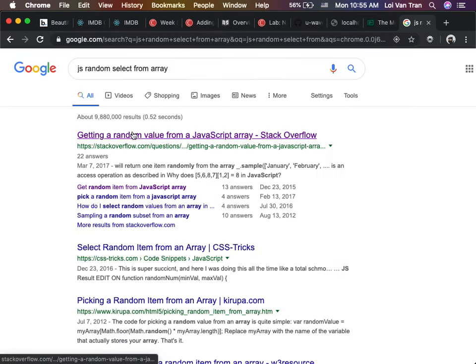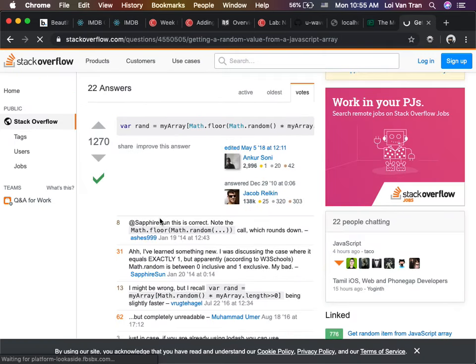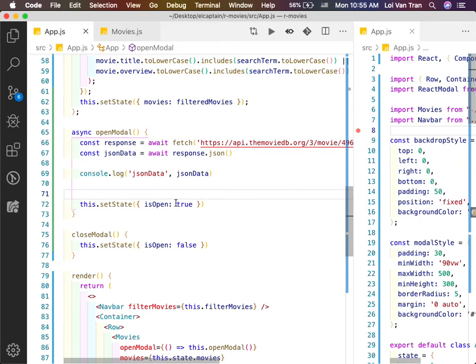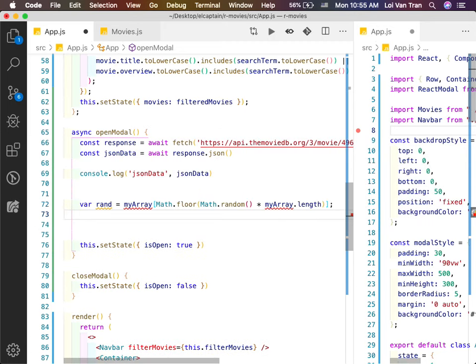Okay, so we're going to copy and paste some. Here's an example. Copy. So we can jump back over to our code. We see that it's complaining, so we can just fix this. JSON array dot results. Right, JSON array dot results. And I'm going to say this is our random trailer. Okay, random trailer right here.